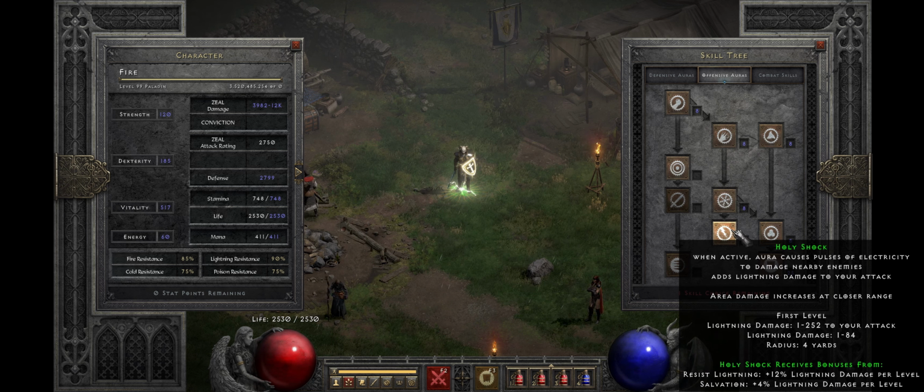Very, very similar to the Tesladin build, except for that build I would have dropped Resist Fire, and I would have put 20 in Zeal and maybe the remainder in Holy Shield at that point. But we're going to go ahead and check this